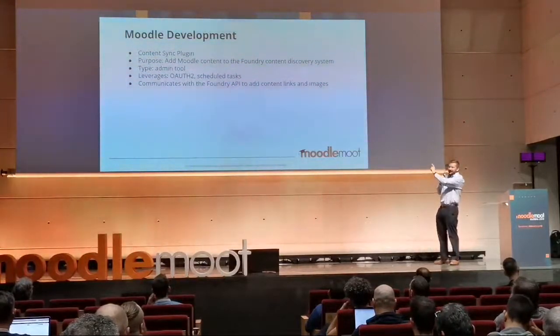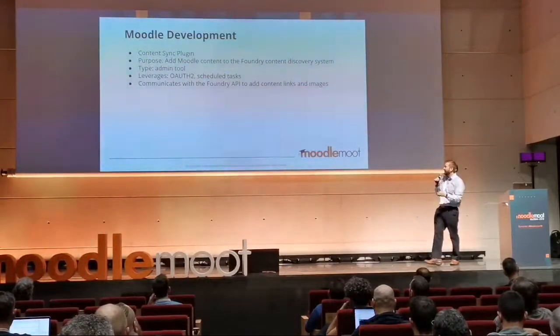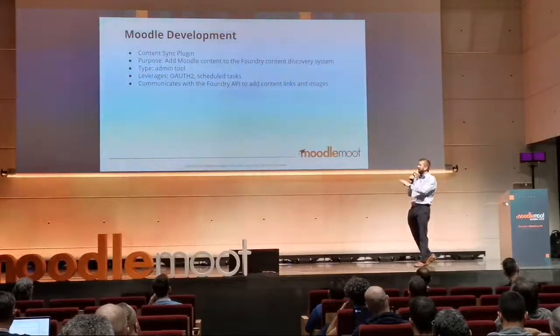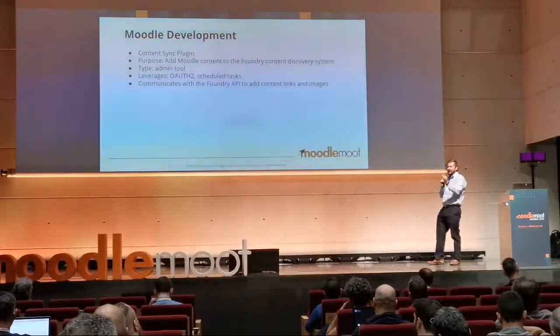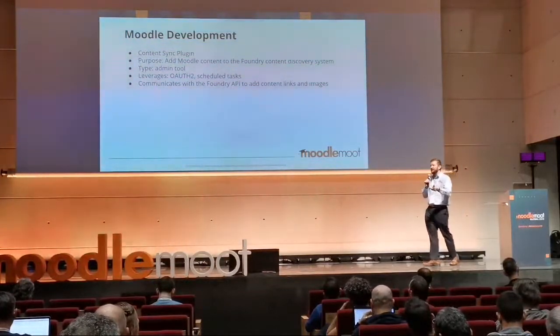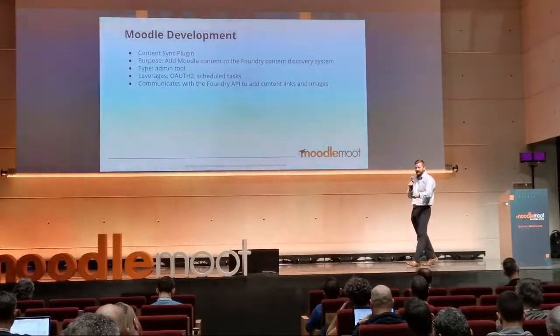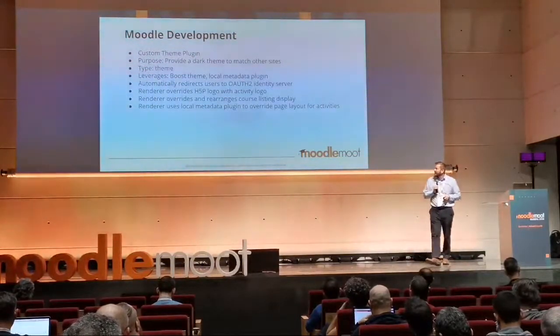Because APIs and OAuth 2 enable us to do so much from within Moodle. So using the Moodle OAuth 2 system client, we're able to access our other APIs and keep our content in sync. So it makes that content discovery of all the items that we're hosting on Moodle very easy to see on that external system. The plugin.